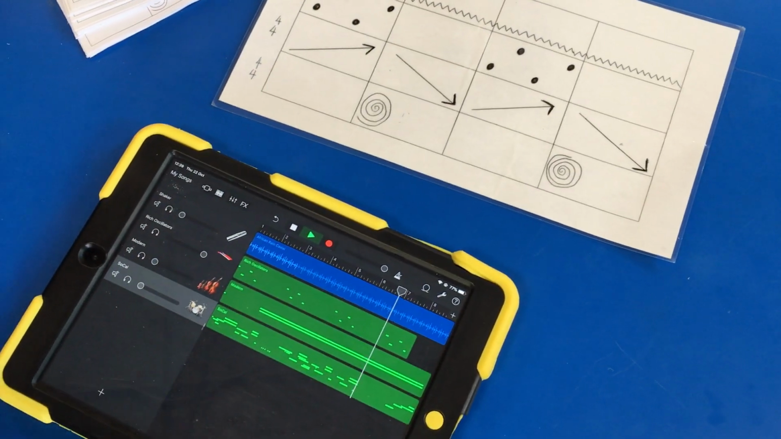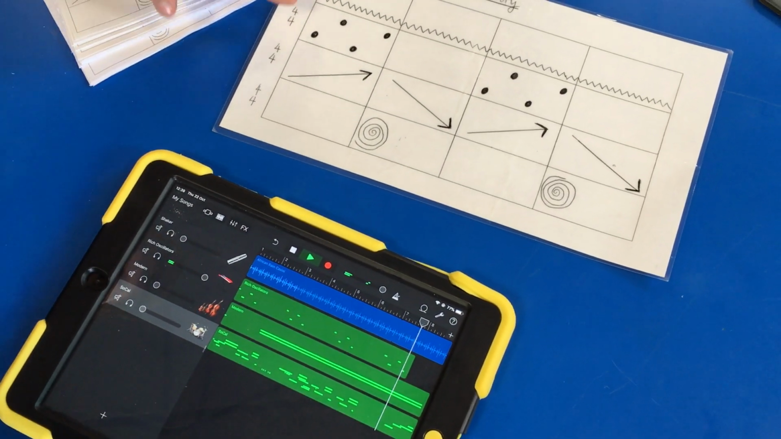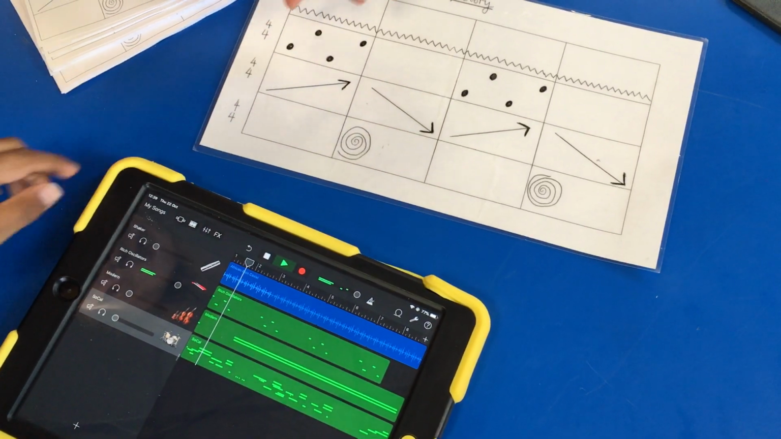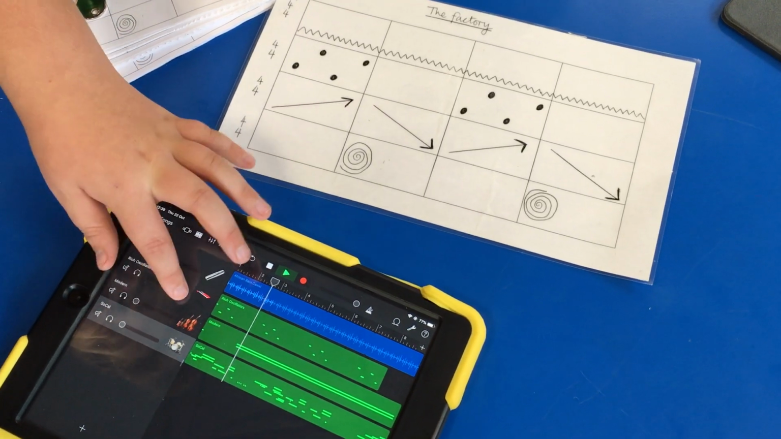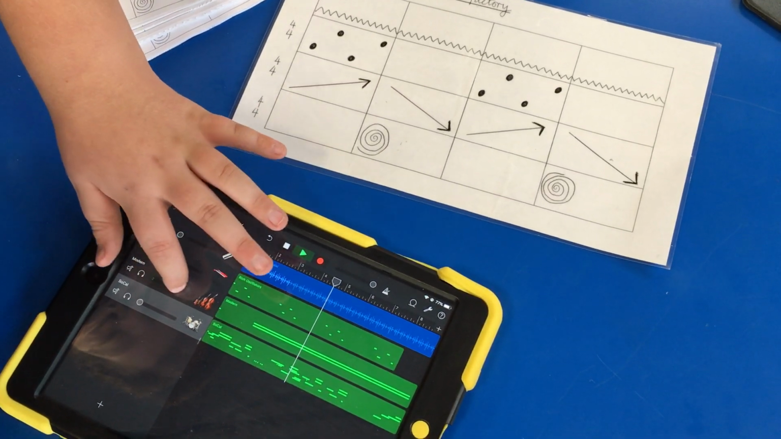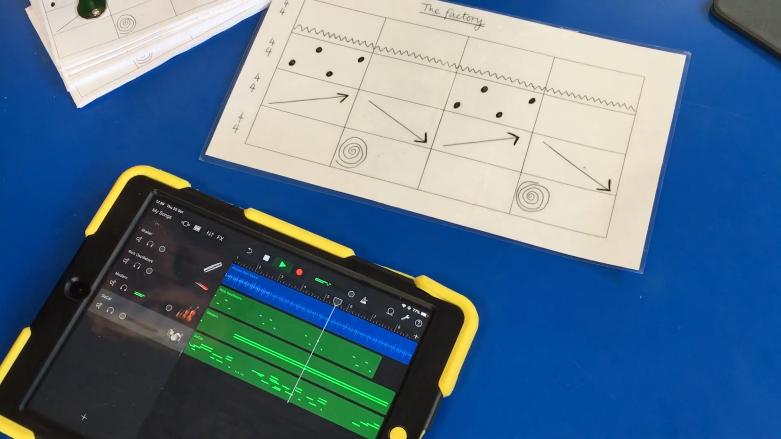We chose this because there was a different pitch. If you can see, like slow, high, slow, high, pause, and then pause. So it's like different effects. And then this one, we chose the